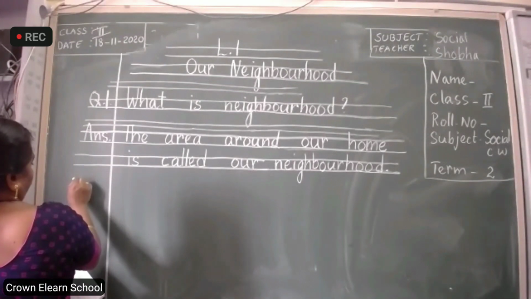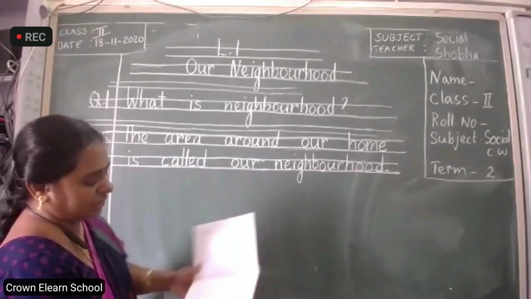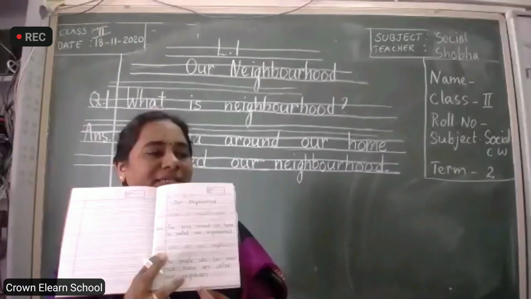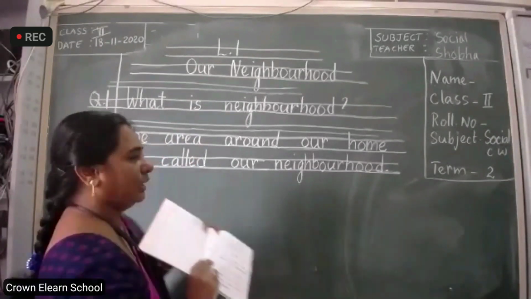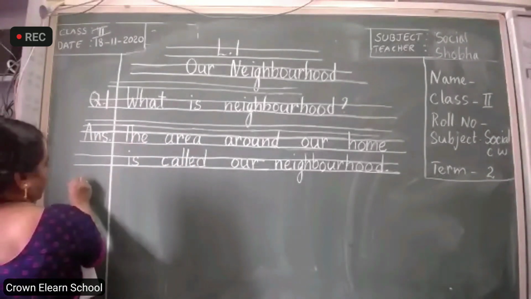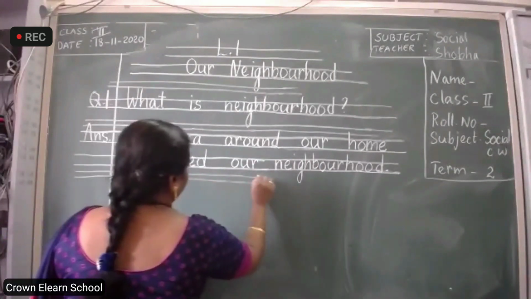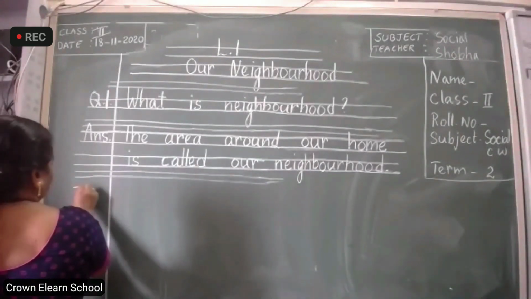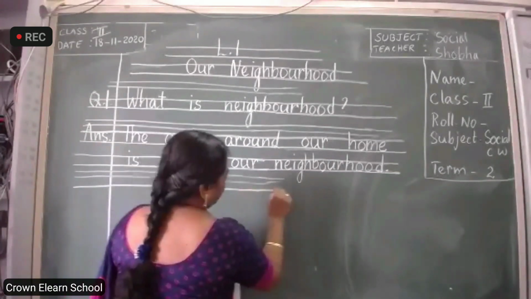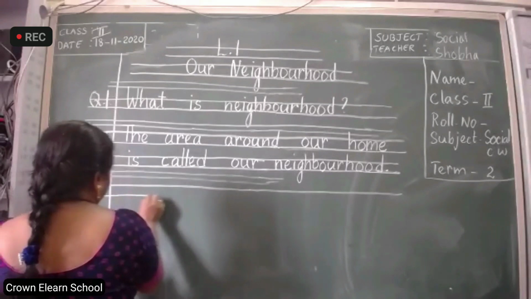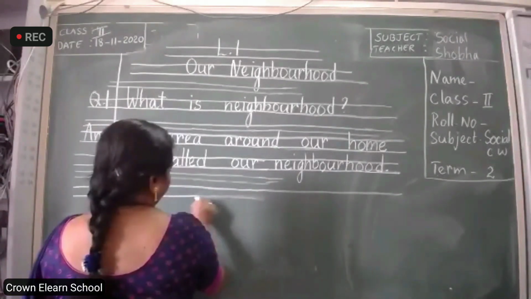So, after this, leave a line. Why? Because you can write in the same page, children. They are only one sentence answers, no? So you can write it together in one page. Leave a line. Second one also is very, very small. Write fast. Within 5 minutes, you will be able to complete it.